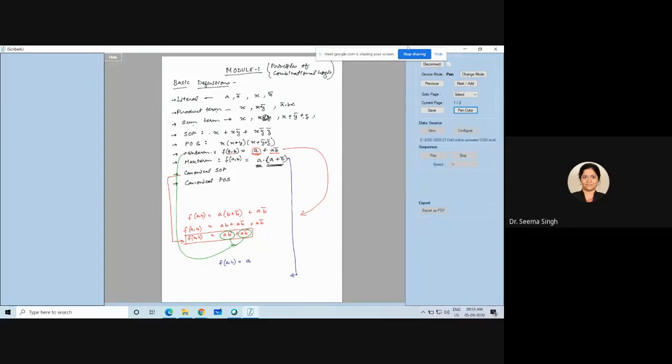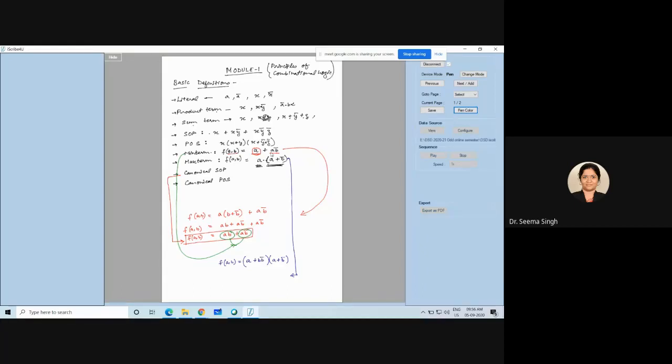So what I am changing? Of course, the term which is in maxterm form, I will leave it as it is. But the sum which is not in maxterm form, that is this A, what I should do? I should do something so that it becomes in maxterm form. And when I do that, I should not change the actual value of this term. So what should I do? I OR it with B bar. Now see whether I did any change or not.